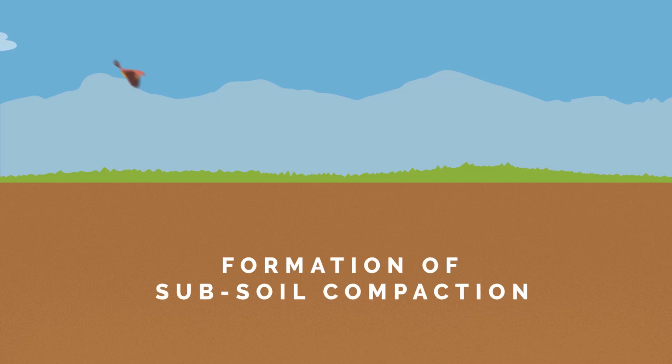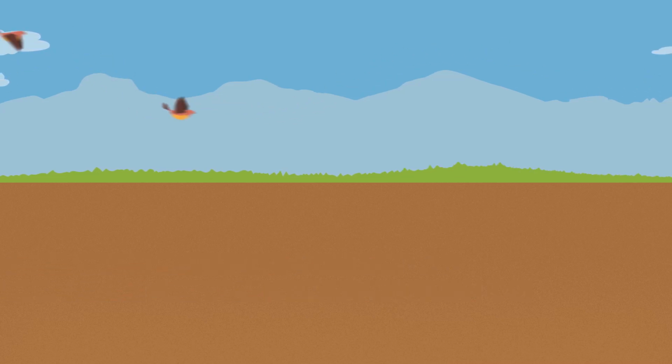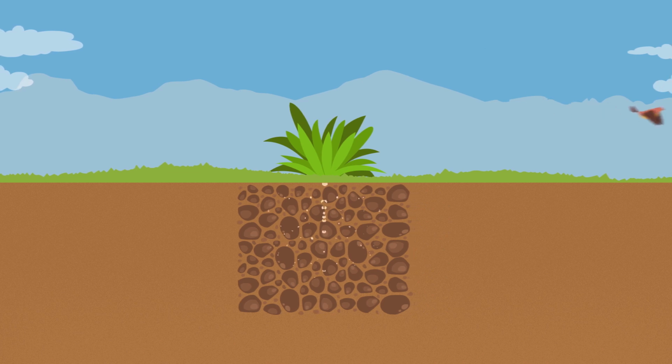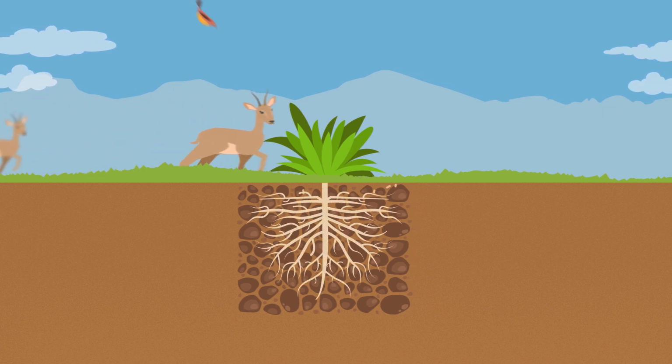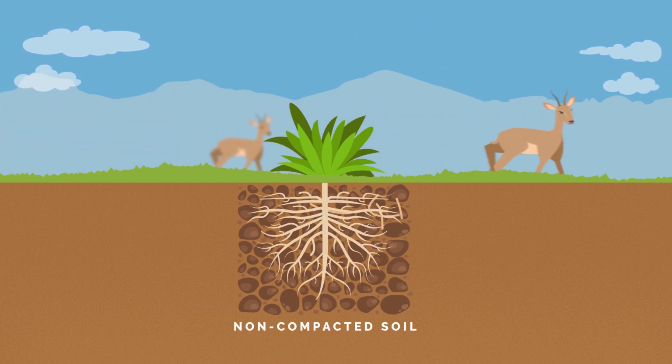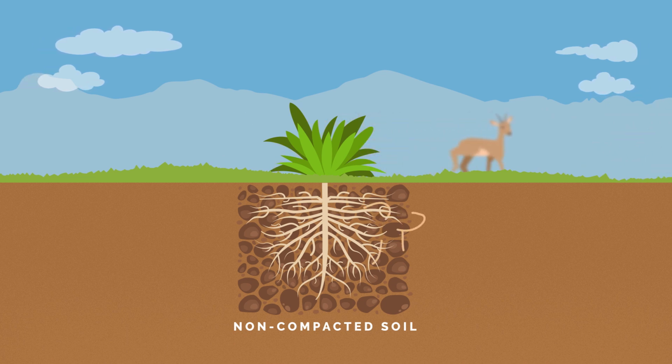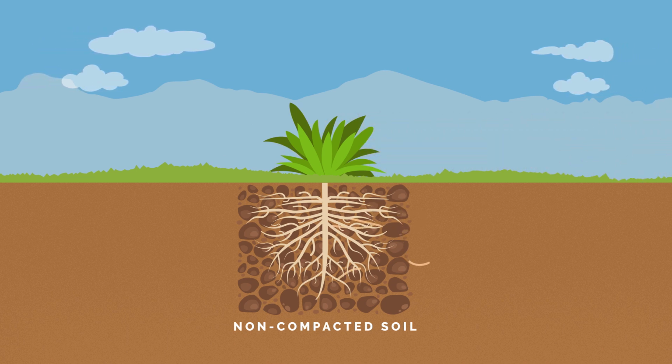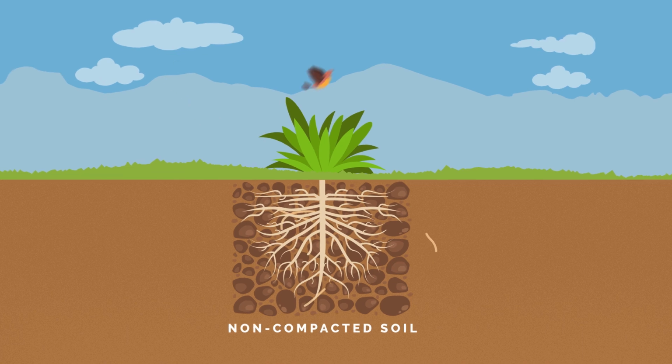The formation of subsoil compaction happens over time as soil health is degraded. Good soil structure, as found in nature and undisturbed soil, is porous. This is due to aggregates, brittle clumps of soil particles. The porous structure thereof allows for roots to penetrate deep in the soil profile, and it is an environment where